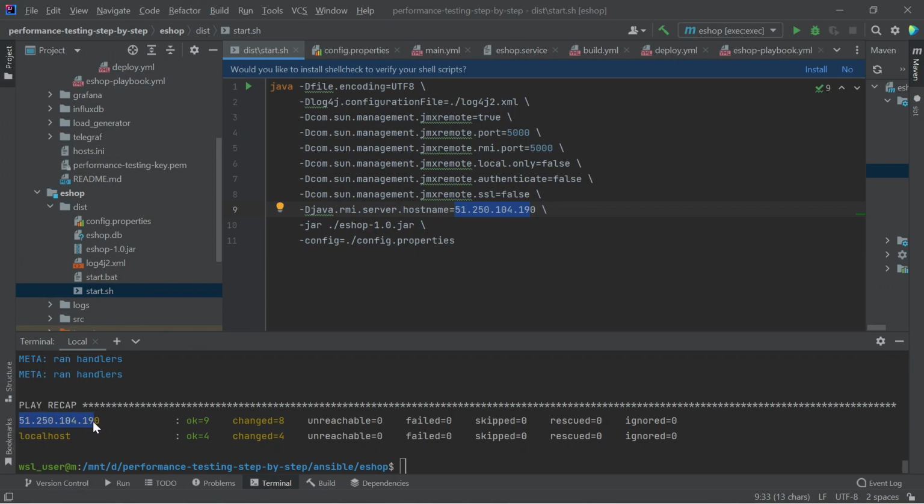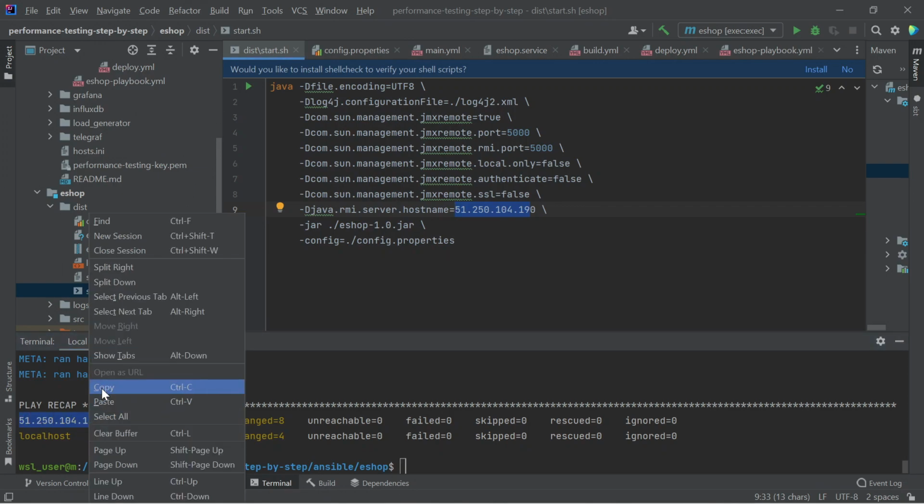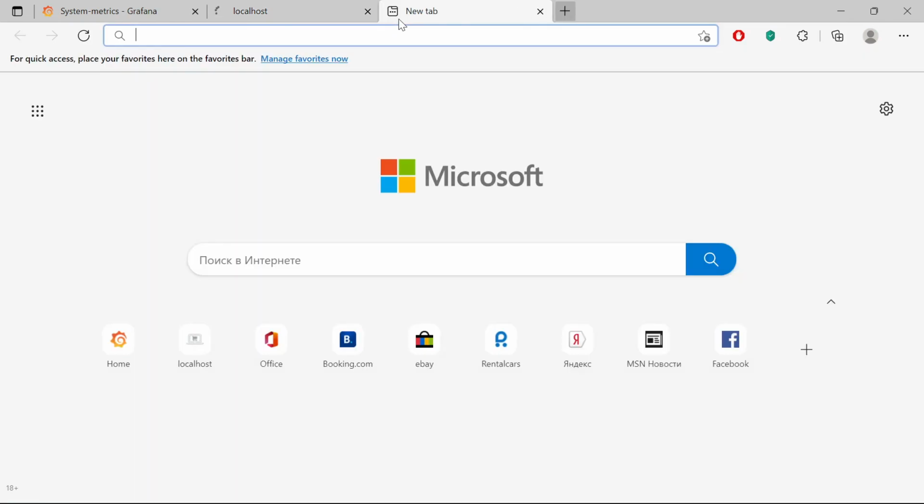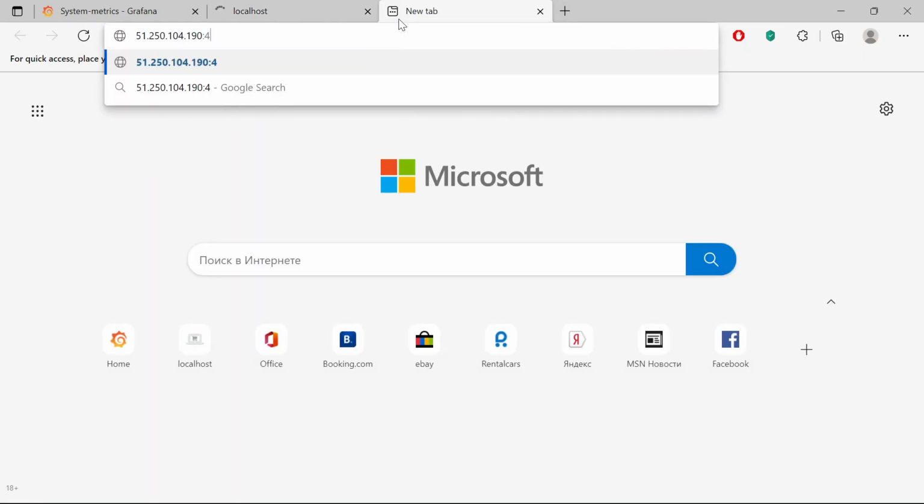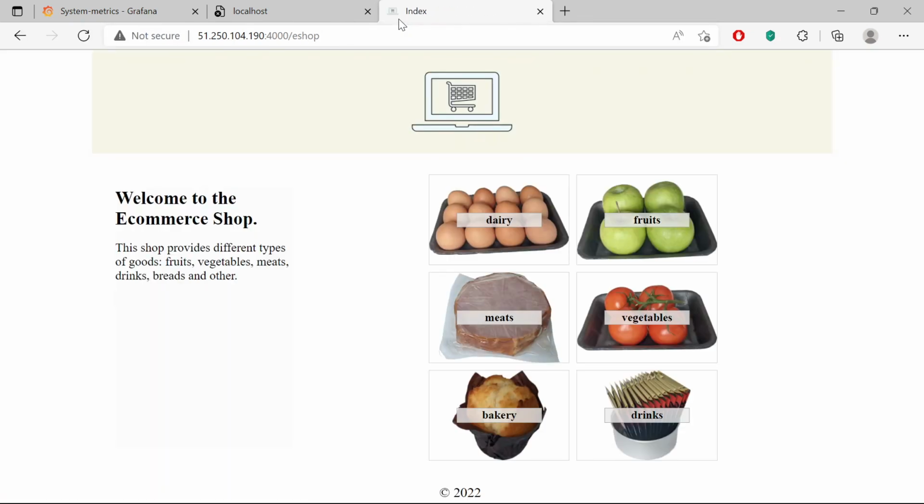The playbook was executed successfully. Now you can copy the address and go to the web interface of the online store. The test object was successfully assembled and deployed on a remote machine.